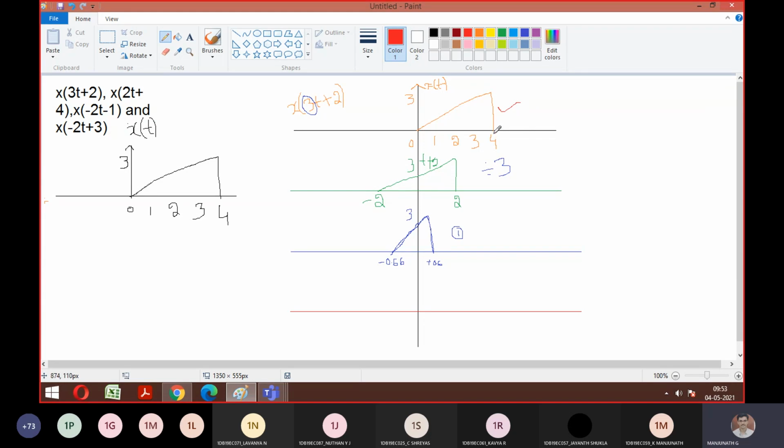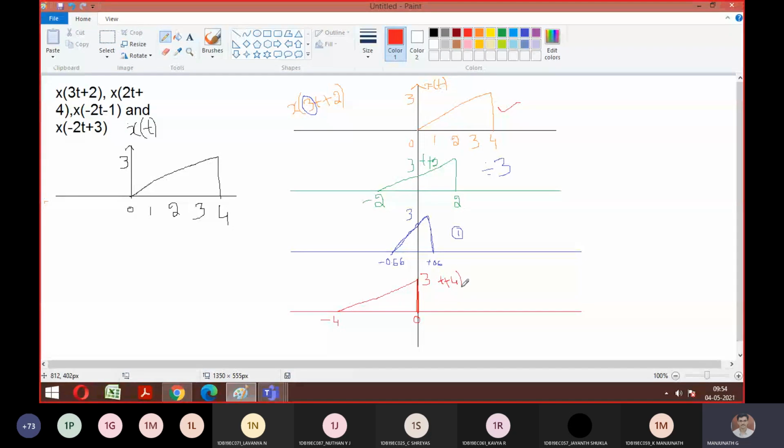So there are 4 intervals. It means 4 to 3 is one shift, 3 to 2 is the second shift, 2 to 1 is the third shift, 1 to 0 is the fourth shift. So the signal will start exactly as it was at 4. It will continue like this at this junction. And it ends where, guys? Minus 4. Good. I hope everyone is getting how to plot the things. So this is the thing for t plus 4. t plus 4 is done.